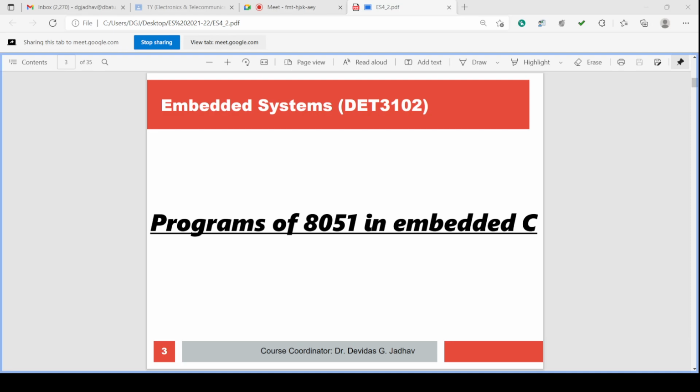At least by simulation you are able to observe the outputs. We'll try to understand how the execution happens, what the outputs are, why these outputs are like that, what the values in those particular registers are, etc. We'll check it one by one, so that our practical portion also will be covered. You are able to do the practicals with this open source software, in the case of both hardware and embedded systems. At least simulations we can do on our own. So in this way we'll plan.